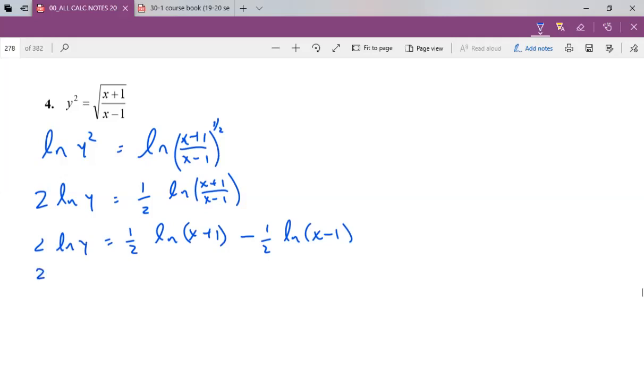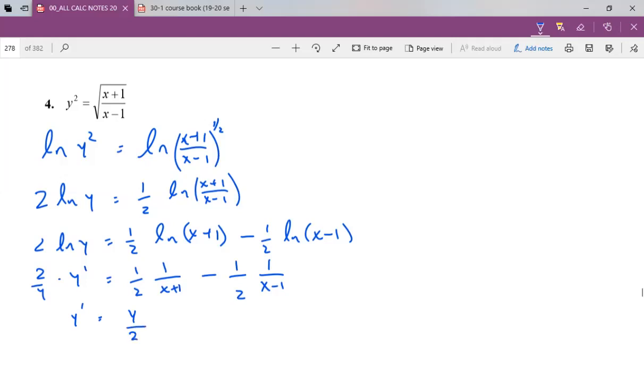We end up with 2 over y times y prime is equal to 1/2 times 1 over x plus 1. Here's your derivative of natural log, multiplied by the derivative of the inside, which is just 1. So a lot of this is going to play nicely. Then minus 1/2 times 1 over x minus 1, when we differentiate that, times 1. So we end up with y prime is equal to